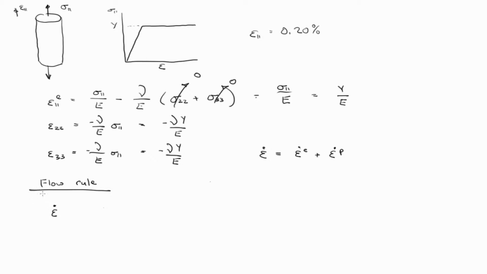So we're going to say that the plastic strain rate tensor is equal to lambda dot, which is some undetermined multiplier, some undetermined function at this point, times partial F partial sigma ij, where F is our yield function. So for von Mises, that's square root of 3J2 minus Y equals 0. Right? And geometrically,